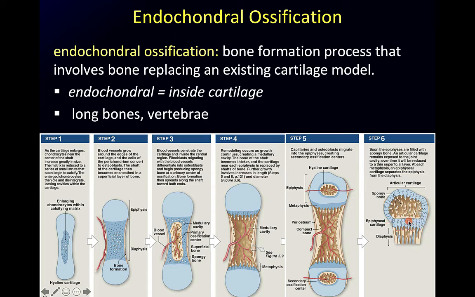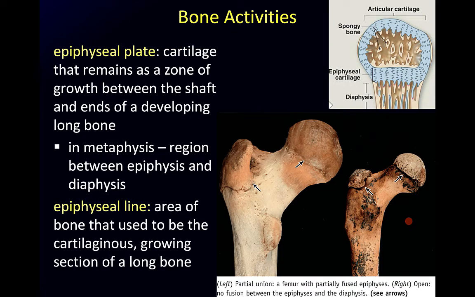So we leave an area on either end of the bone where this can produce new cartilage, causing the bone to grow in length, and we can of course convert some of that new cartilage into bone, and our bone will get longer. And eventually we'll reach maturity and we'll convert that whole epiphyseal plate into bone and no longer be able to grow our bones any longer. So this epiphyseal plate is just that cartilaginous growth zone, and we can actually see where that was in a mature bone here and where that